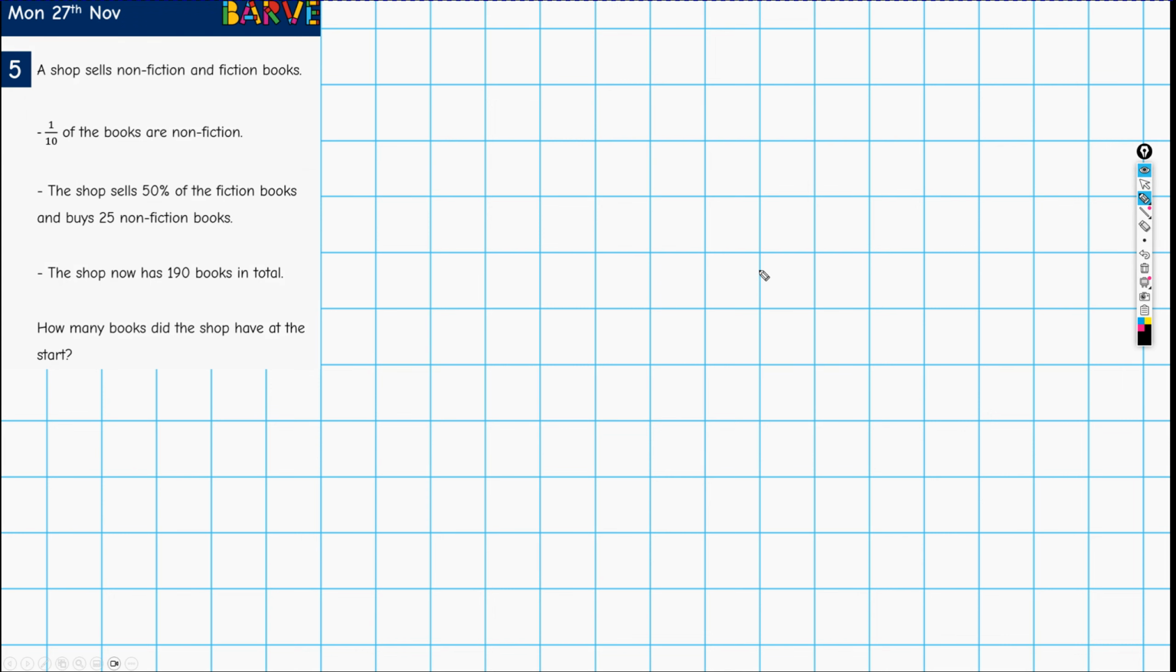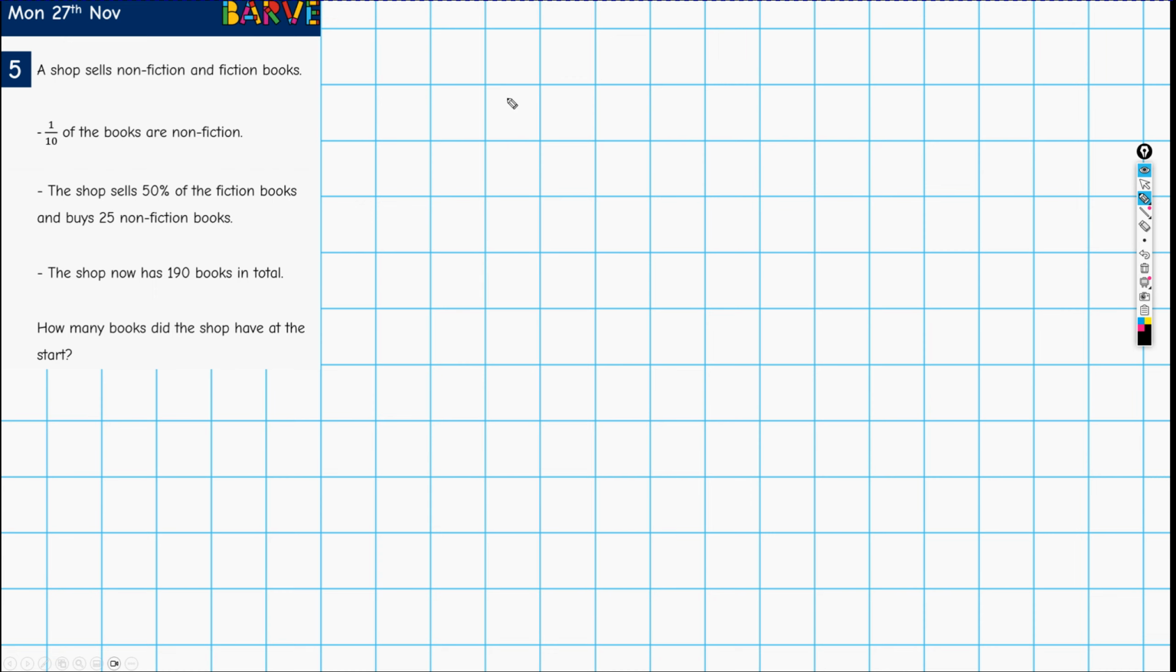Quite a simple challenge level 5 question today. A shop sells non-fiction and fiction books. 1/10 of the books are non-fiction. The shop sells 50% of the fiction books and buys 25 non-fiction books. The shop now has 190 books in total, and we're asked how many books did the shop